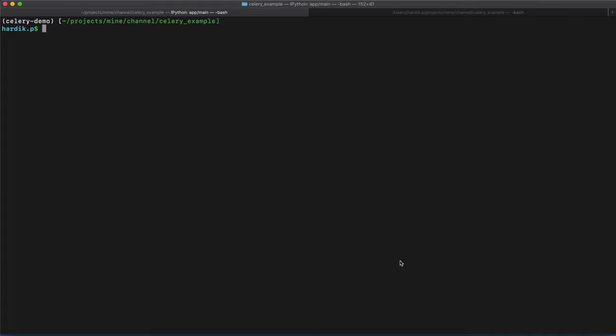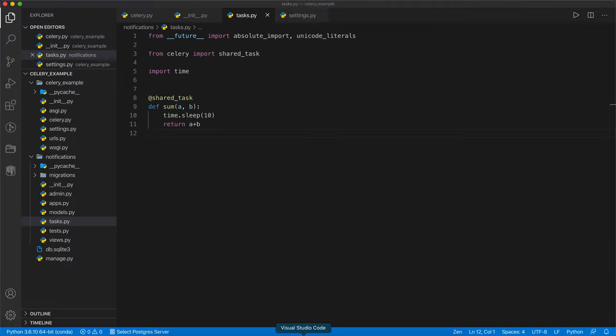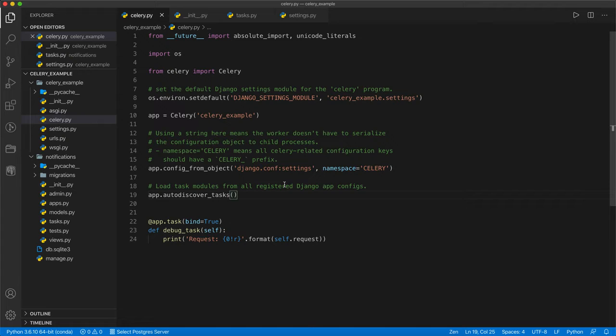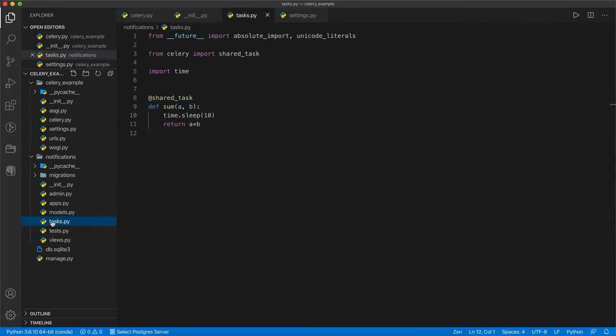In the last video we learned how to integrate the Celery package in a Django project. We learned how to write the Celery script, the Celery app. So we added the Celery package into our Django project through this script, where we created one app object, then added some settings, and also set auto discover tasks, so all the tasks can be discovered from the apps, from this tasks.py file, right?